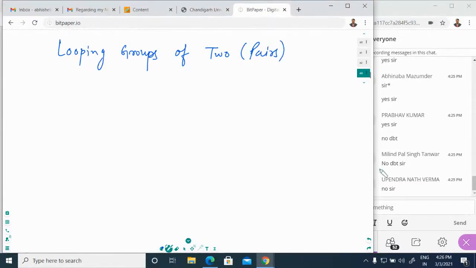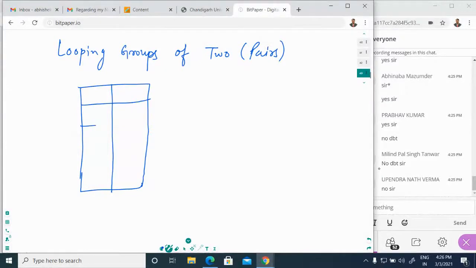Okay, so we have to make the loop for the two pair system. Okay, so let's suppose that this is the K map with us, and we have the values 0 0 0 1 0, okay, 1 0 and 0 0.